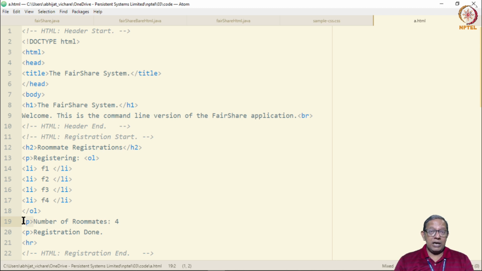Not only should we mark them up, but also structure the document. We now need to think about what output should be the title, what output should become a header, what output should be emphasized, what output should not be emphasized, and so on. None of this was something that we worried about in the pure command line application.